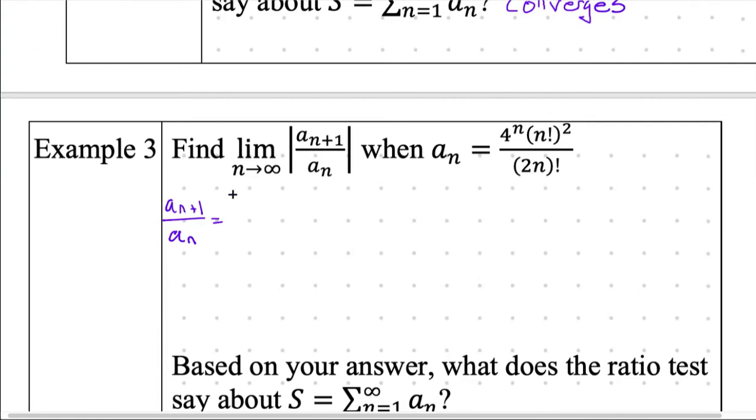Is it 4n plus 1? 4 to the power of n plus 1. Yes, and then n plus 1? N plus 1 factorial, and then on top of that, squared. Good. And then the denominator is